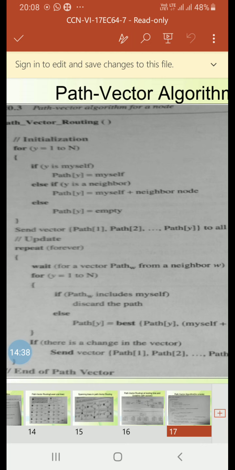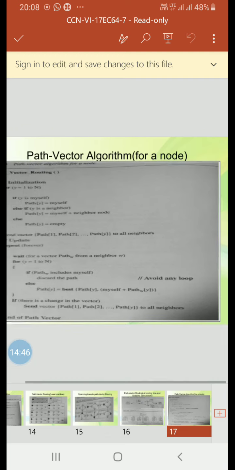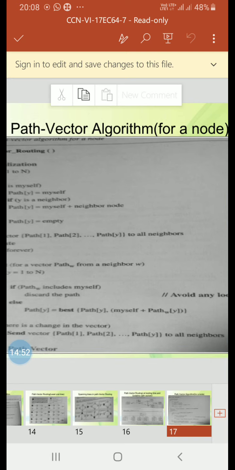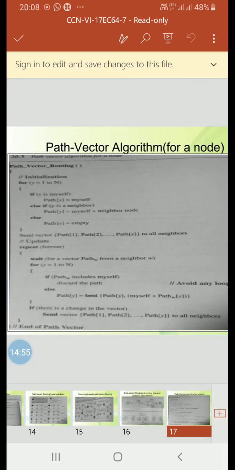Else path of y is equal to the best path of y, myself plus path of w, y. If there is a change in the vector, send vector path 1, path 2, ... path y to all neighbors.